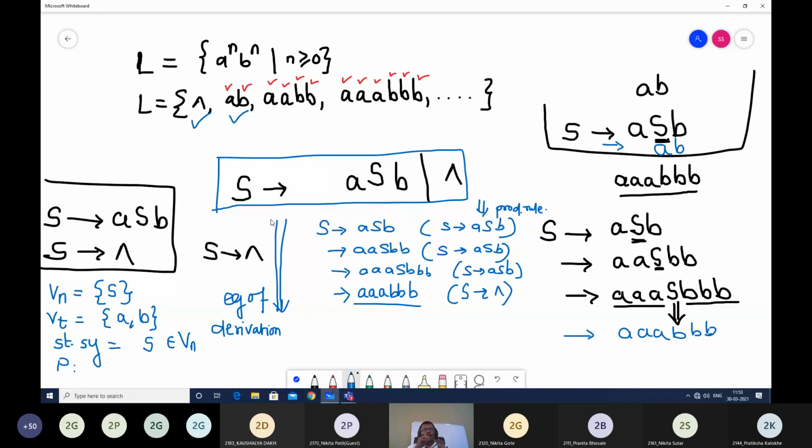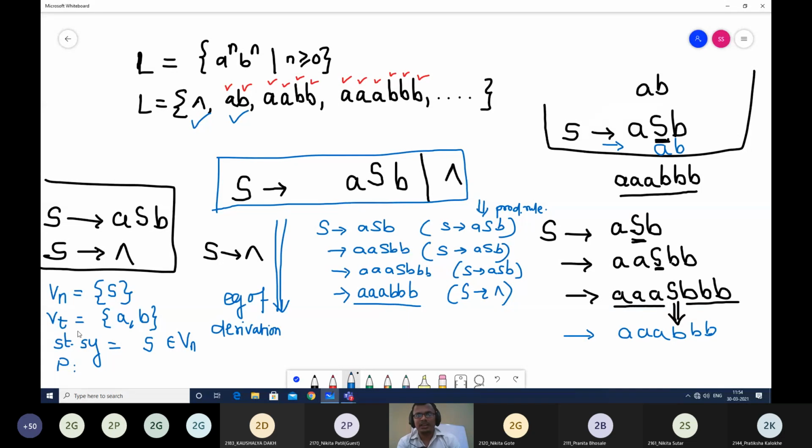So when you get this type of question for constructing grammar, what is expected is that first you need to work out your production rules. First you will write the strings for your language. Once you write these strings, looking at the strings, we need to write the production rules. Once you finalize the production rules, you will write the remaining 3 tuples, that is Vn, Vt and the starting symbol.